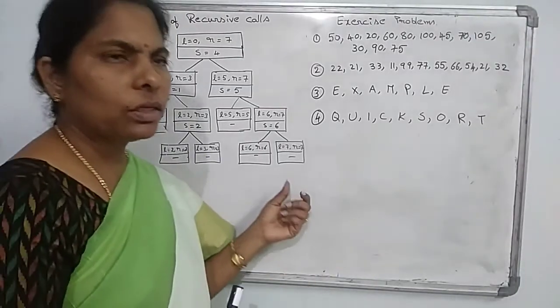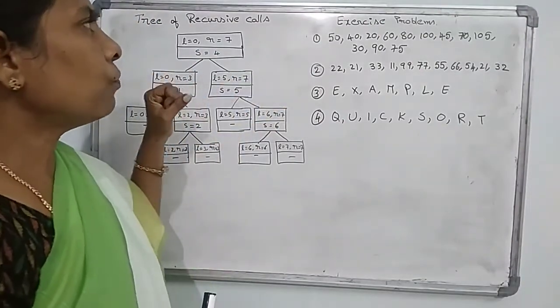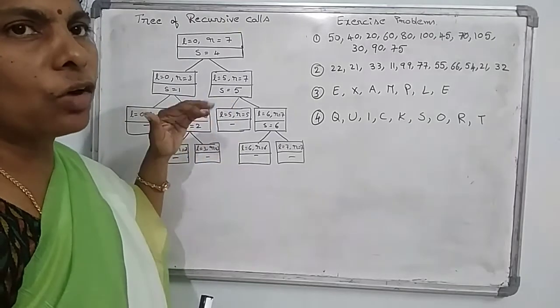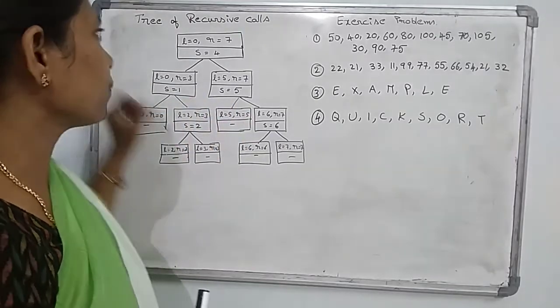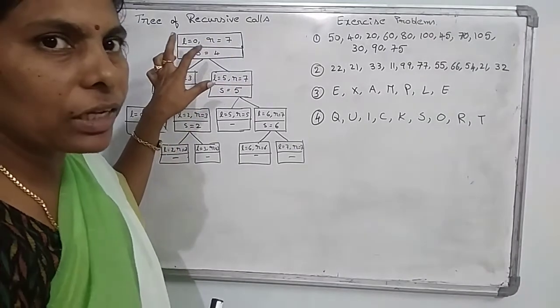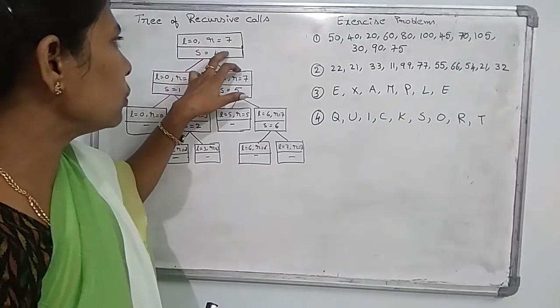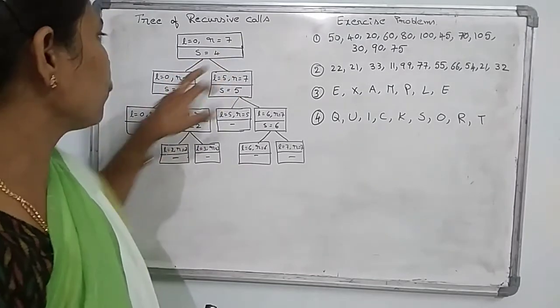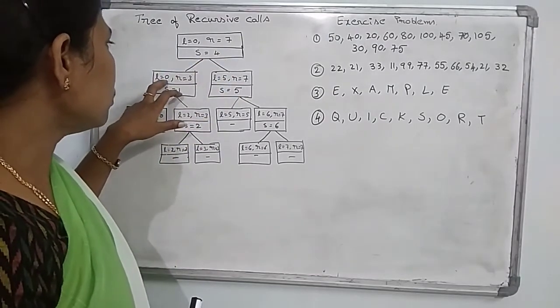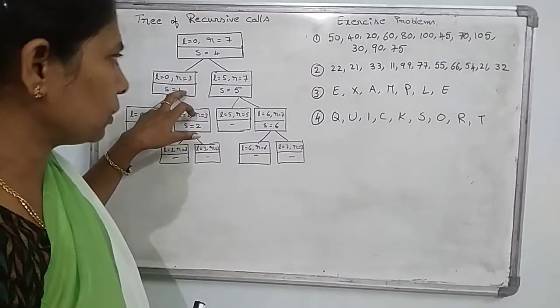Okay, now we will draw the tree of recursive calls. So when we are applying the splitting position and how we are applying the recursive of the process. Initially L equal to 0, R equal to 7. That means you are having the array 0 to 7. If you are having this 0 to 7, at position 4 you are having the split position. So L is equal to 0 and R equal to 3, at that one you are having at position 1 the split position.